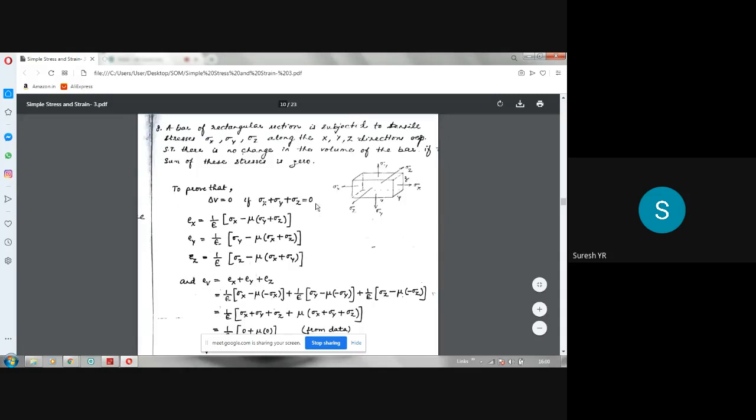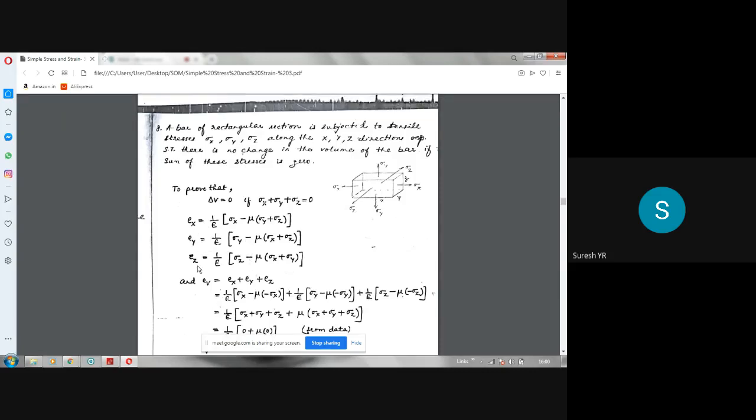See this eighth one. A bar of rectangular section is subjected to tensile stresses sigma x, sigma y, sigma z along the X, Y, Z directions respectively. Show that there is no change in the volume of the bar if the sum of these stresses is 0. So sigma x, sigma y, sigma z are the stresses acting in the three mutually perpendicular directions x, y, z. So what we have to prove is delta V will be 0 if the sum of these stresses is 0. So for that we have to use the generalized Hooke's law for writing the strains in the three directions